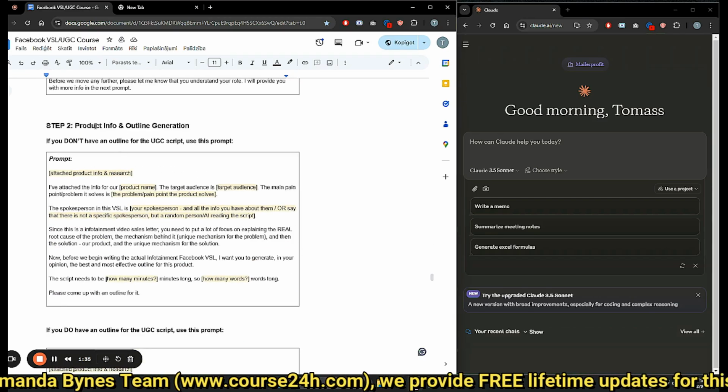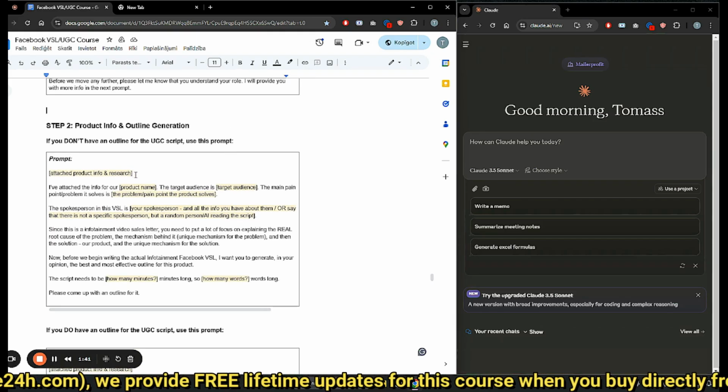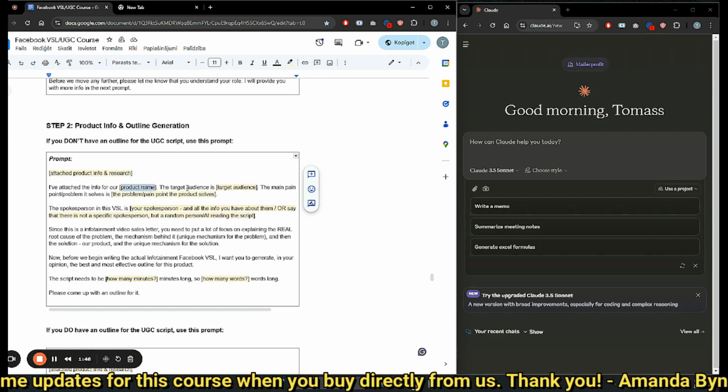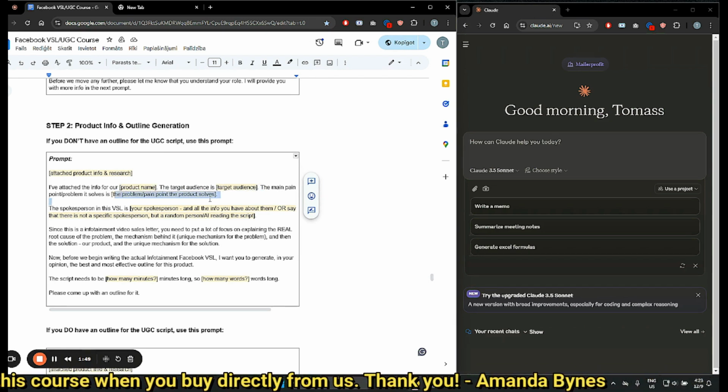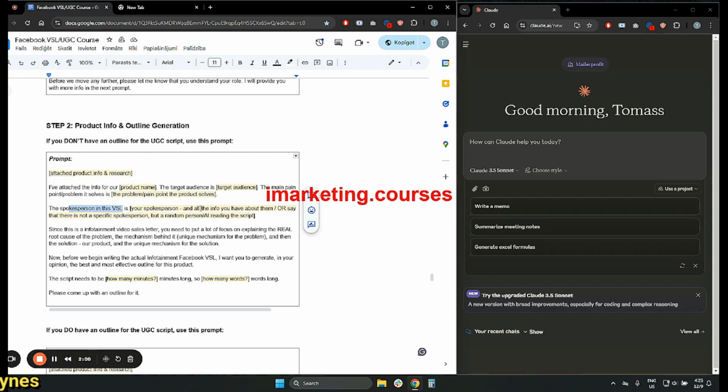And then step 2 is to provide the product info and outline generation. So if you don't have an outline, you attach the product info and research that you have. You basically add the name, add the target audience, add the pain point and the problem that your product solves. Then you give more detail about the spokesperson. If it's an authority figure like a doctor or some fitness trainer or whatever, you provide as much info as you can for credibility. So like experience, achievements,